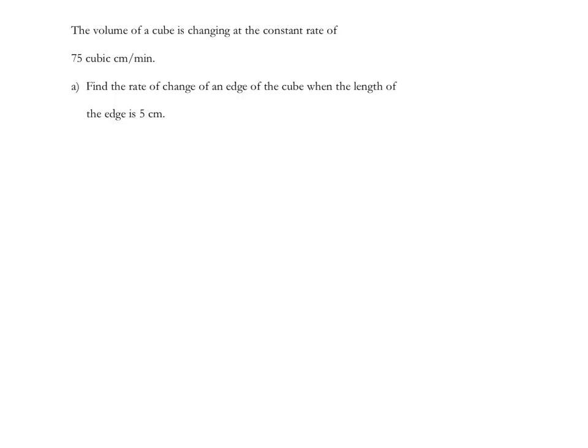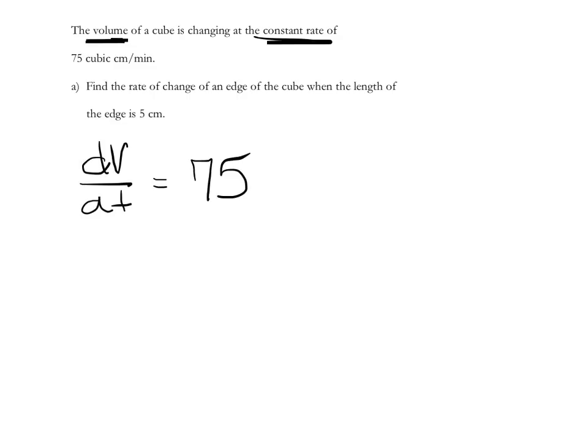For our next question, we have the volume of a cube is changing at a constant rate of 75 cubic centimeters per minute. So let's stop where they tell us the volume is changing at a rate, so clearly they're giving us dV/dt, 75. Find the rate of change, so we're finding the derivative of the edge of a cube. The edge of a cube is describing the side. So I'm going to say the derivative of the side of a cube,